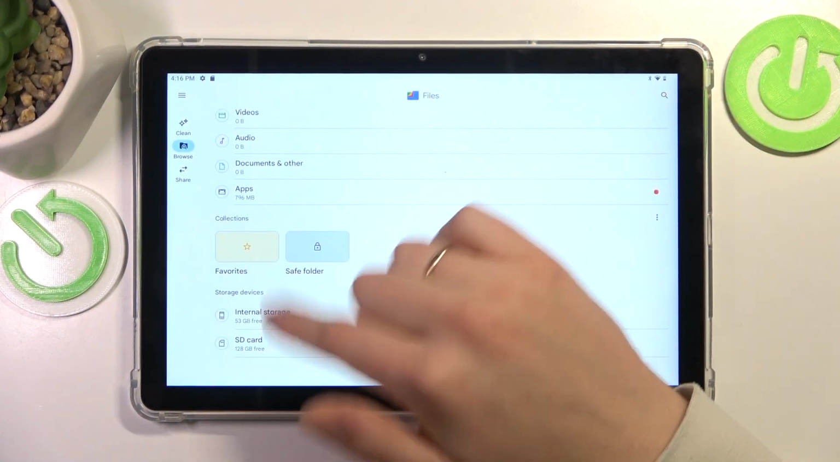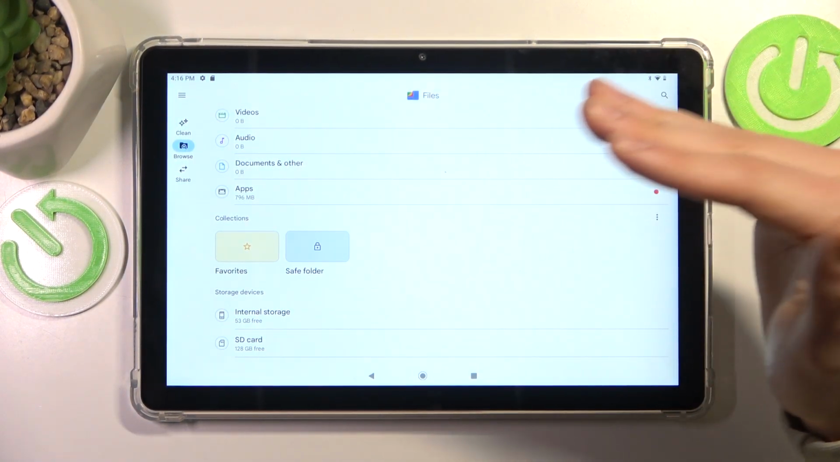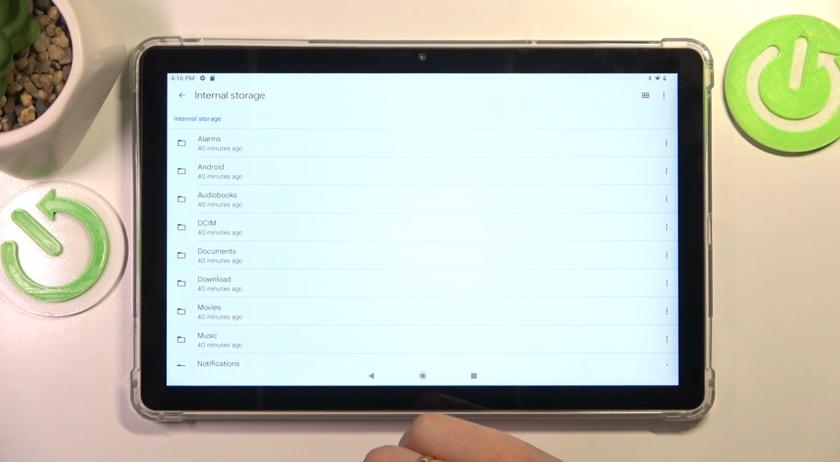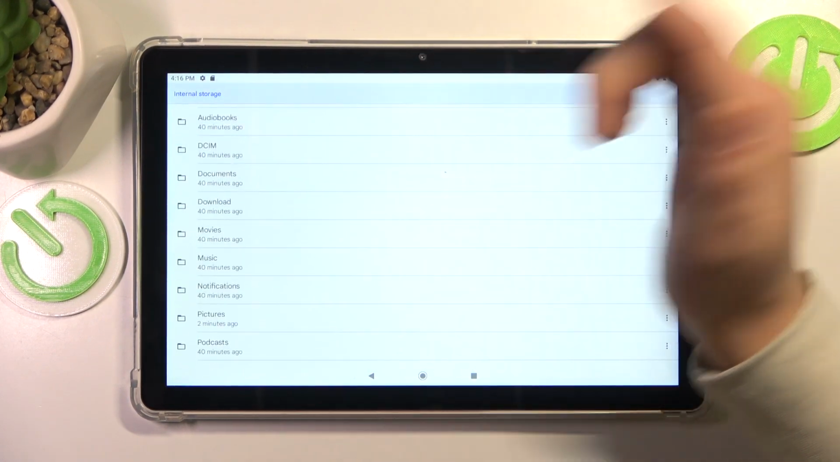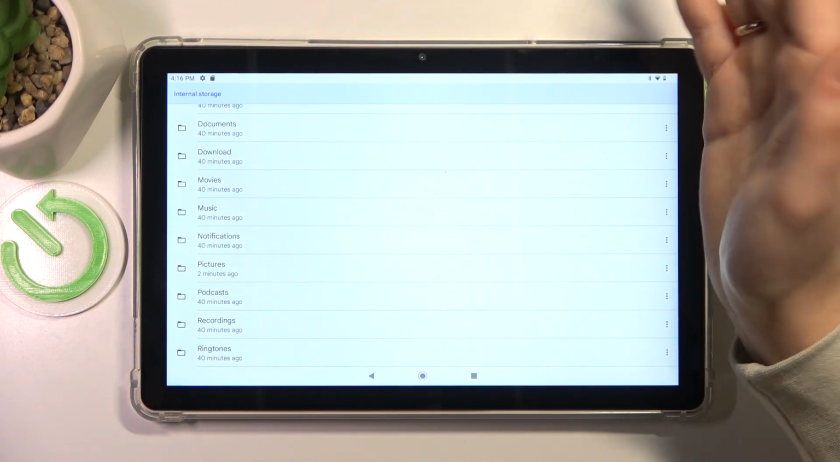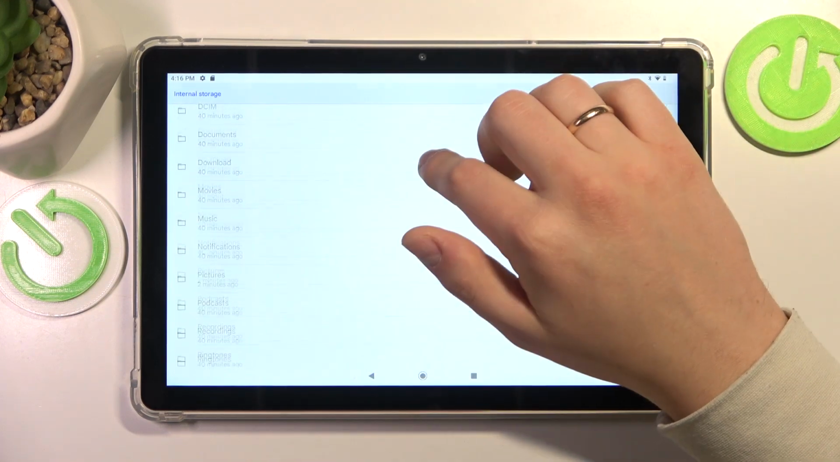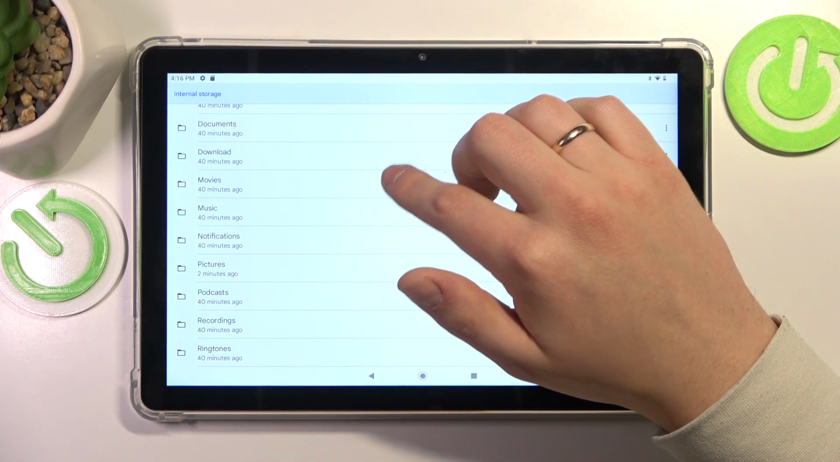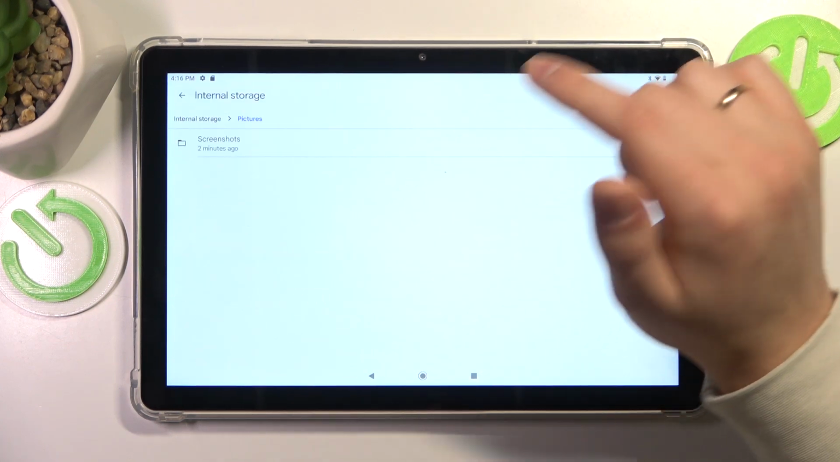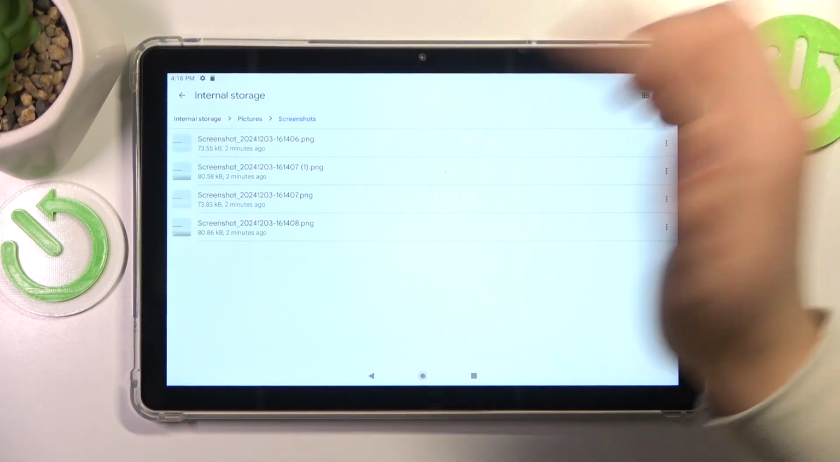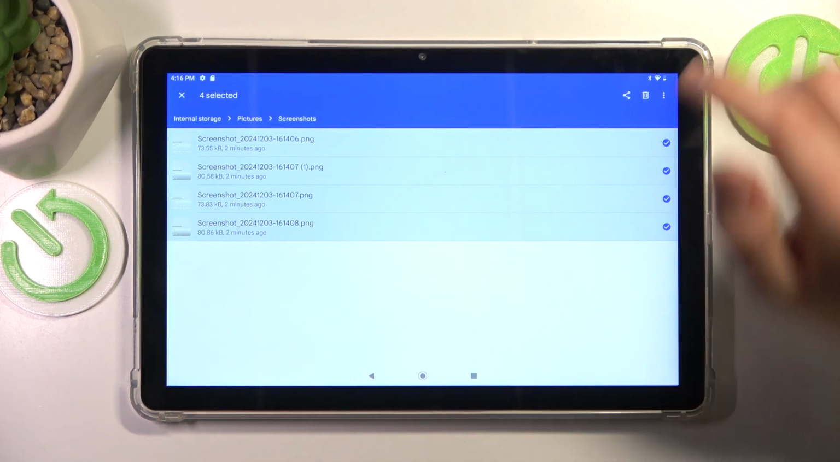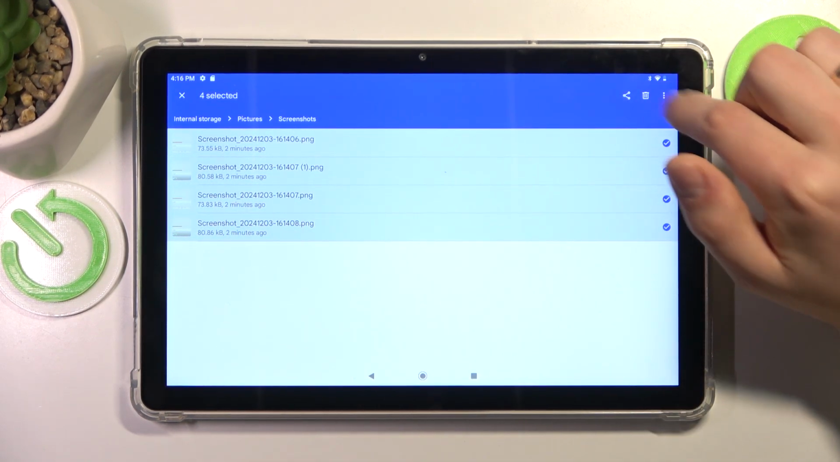Now scroll down and select the storage device you would like to transfer your files from. So I'll go with internal storage, for example. Then select the folder that your files are located in. So mine should be in the pictures folder. Screenshots, here they are. Now select all the files you would like to transfer and tap on those three dots